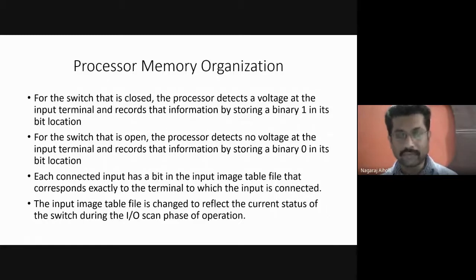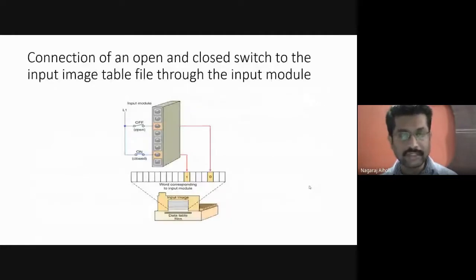Each connected input, for every input there is a particular bit status. Suppose you are connecting 16 input devices here, how many terminals are there? 1 2 3 4 5 6 7 8. 8 terminals in our input module. That means you can connect at a stretch 8 input devices, or 8 input sensors or switches.